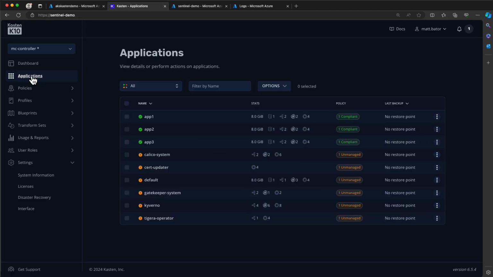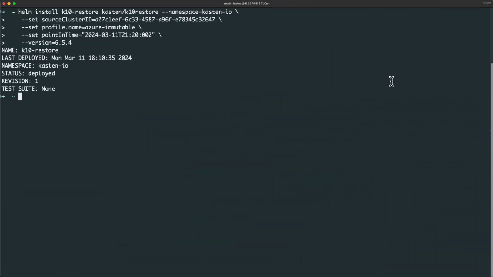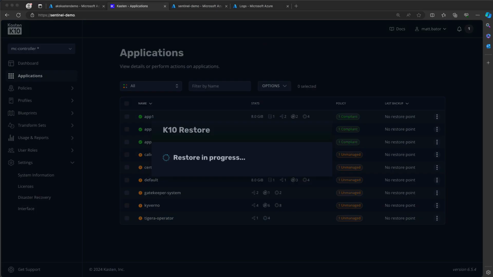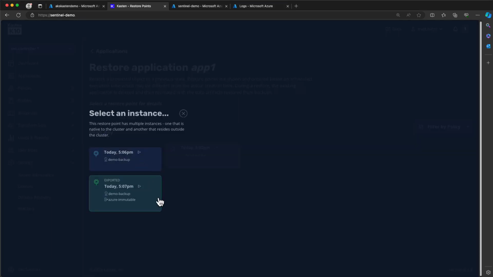But once our environment has been resecured, what about all my deleted restore points? Immutable Azure Blob Storage to the rescue. Even in the event of direct tampering within the Kasten repository, I can restore my Kasten catalog with a single command, and from there, restore any other impacted workloads.